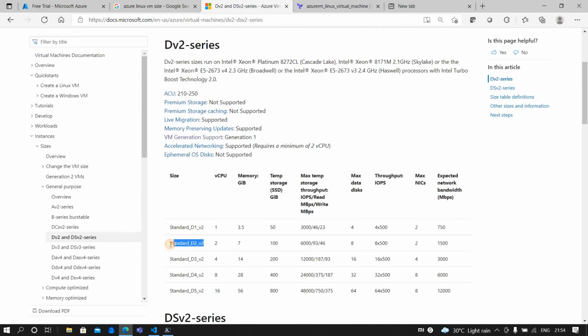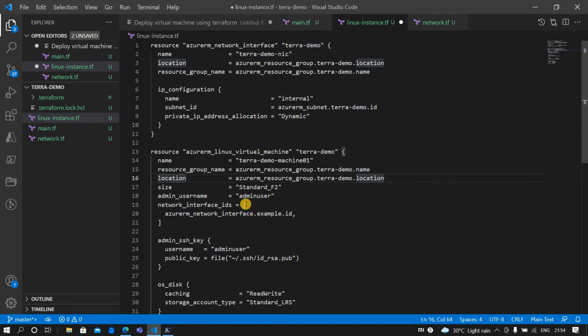Now I'll copy this D2 v2 instance. I'll name the username as trainer and the network interface card, Azure RM network interface, is this one with Terra demo.